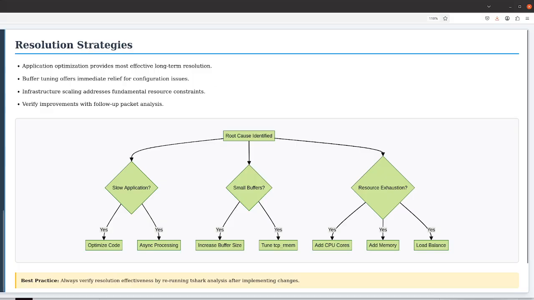System tuning addresses configuration-related causes. Increasing socket buffer sizes gives the application more headroom to handle traffic bursts. Tuning kernel parameters related to memory allocation and TCP behavior can improve overall performance. However, tuning without understanding the root cause may simply mask the problem temporarily. Infrastructure scaling becomes necessary when the workload exceeds what a single system can handle efficiently. Adding more processing capacity through additional CPUs, migrating to faster hardware, or distributing the load across multiple servers may be